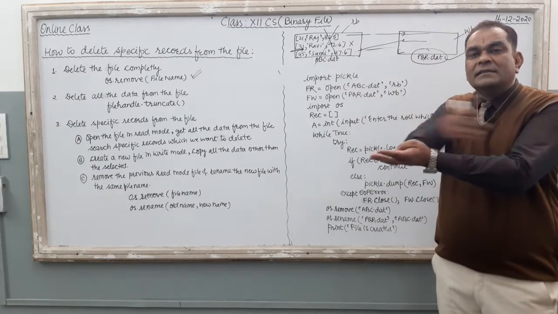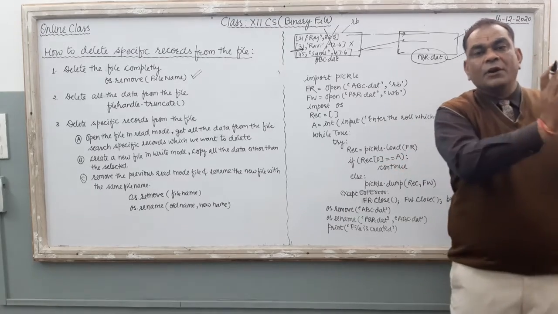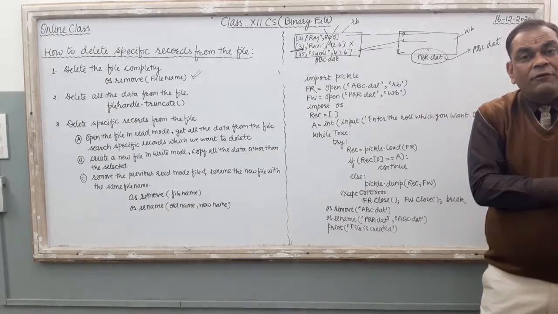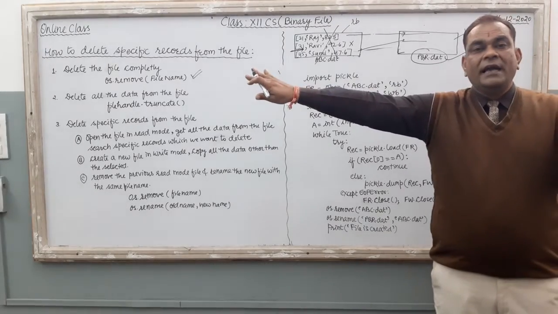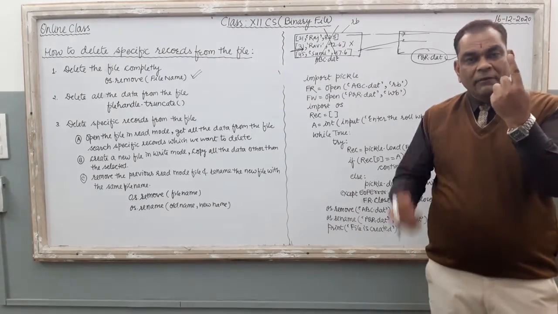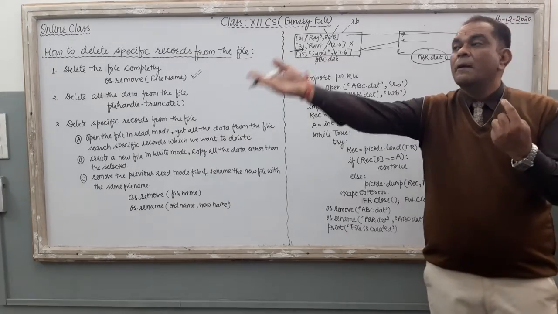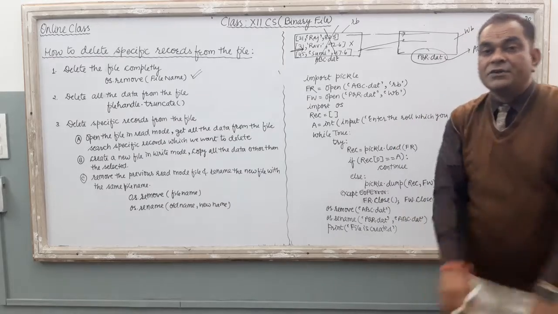Just copy and paste it. Just write the 450 records in the new file. Now the new file is ready with the 450 records. Delete that old file. Now one file is available with us. Now you have to change the file name according to the previous file. This is the deletion process, right?